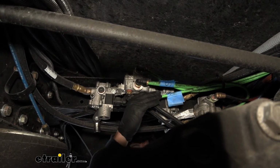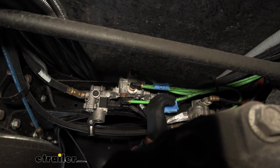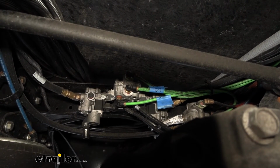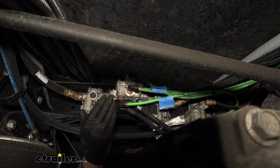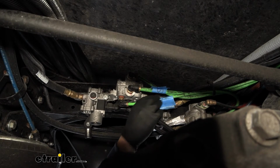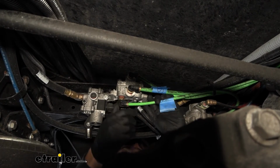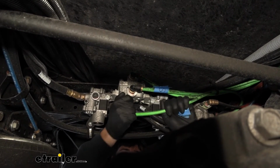So the first one we're going to go over is your metered air connection, which is going to be this line here on our particular application, but again, yours could be different depending on what chassis your motorhome is on. A good way to check that you have the correct line is to actually remove it from the fitting there. A lot of times these are just push to connect fittings. You hold the sleeve down, and they can be kind of tricky, but you'll just pull it out